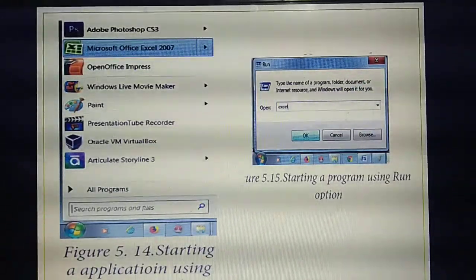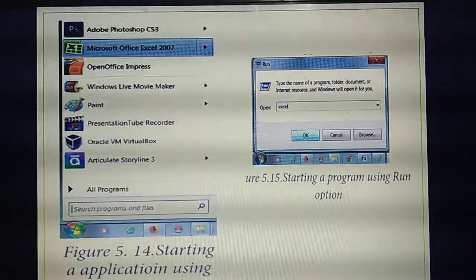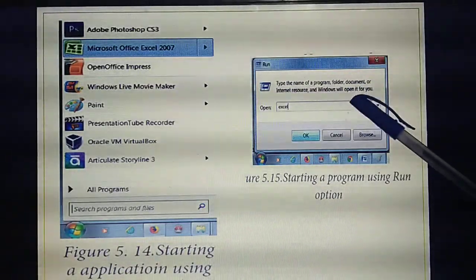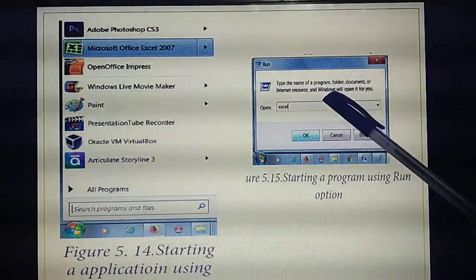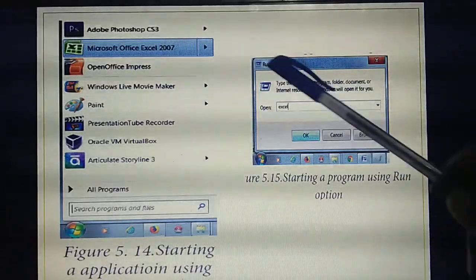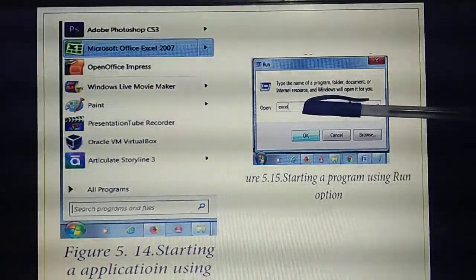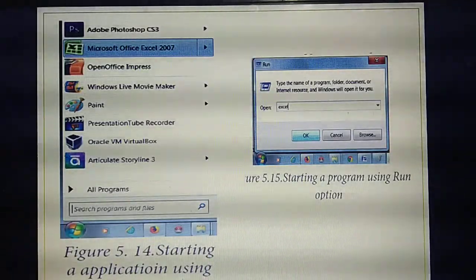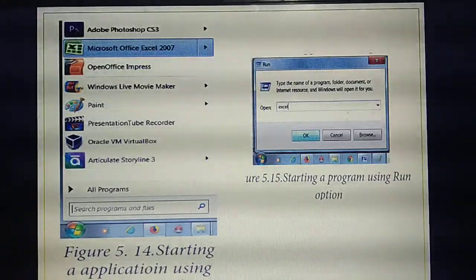In that box you need to type the name of the application you need to open. For example, here they are opening Excel, so they are typing Excel. After typing this, click the OK button. If you click OK, the particular application will open.